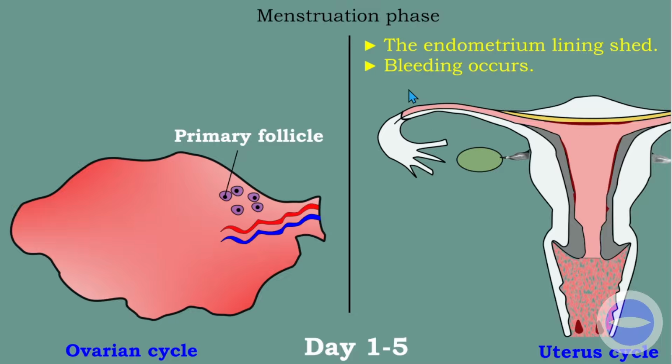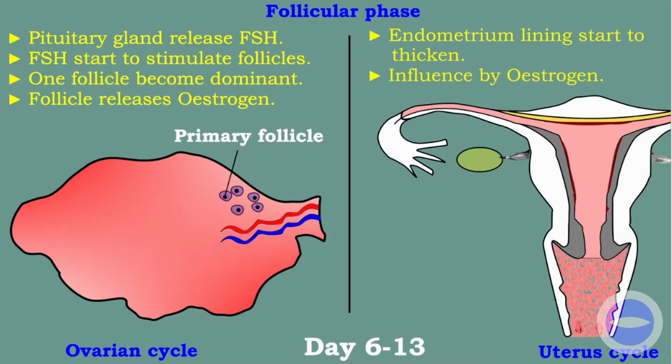So during the menstruation phase, the endometrium lining sheds, and then the bleeding occurs. This is between day 1 and day 5. This is the bleeding menstruation phase. So our next phase is the follicular phase, which is from day 6 to day 13. Let me explain what happens during the follicular phase. In the ovarian cycle, during the follicular phase, the